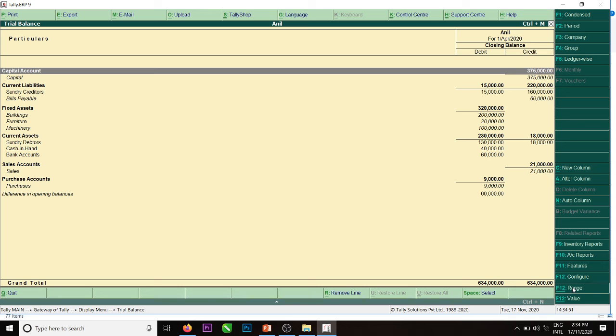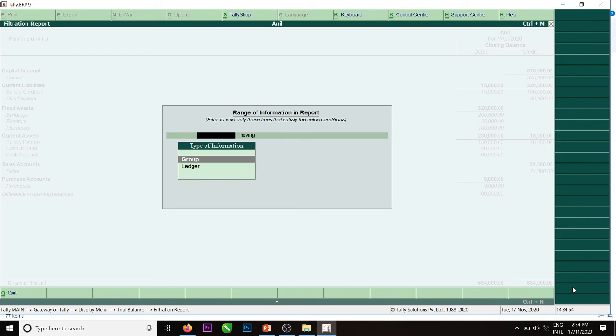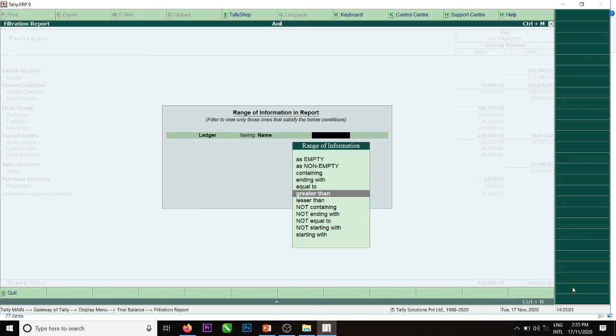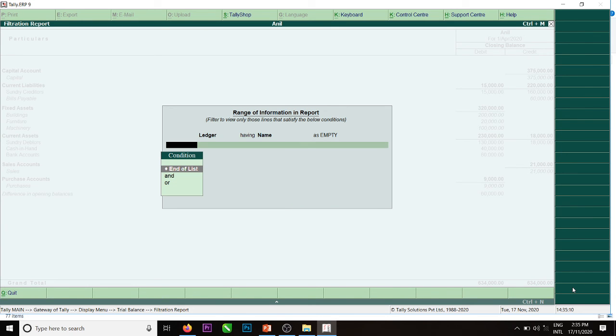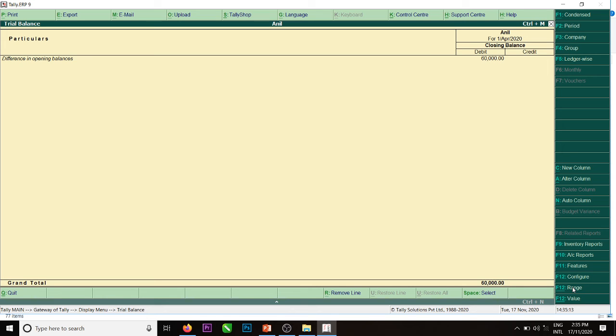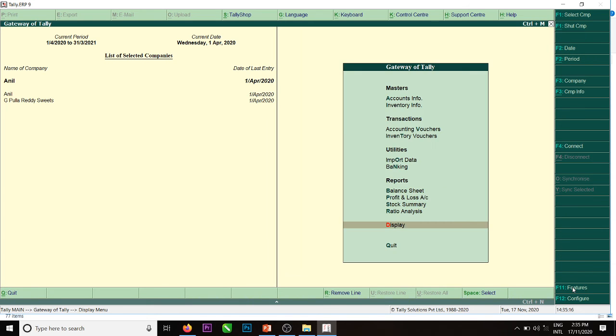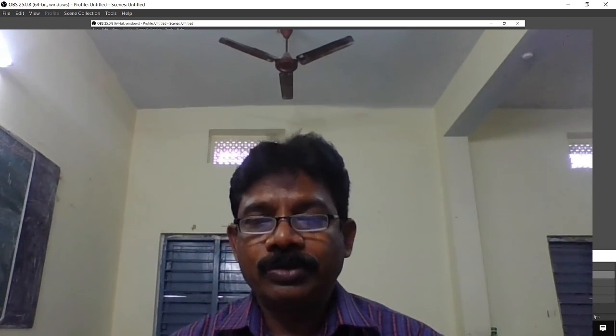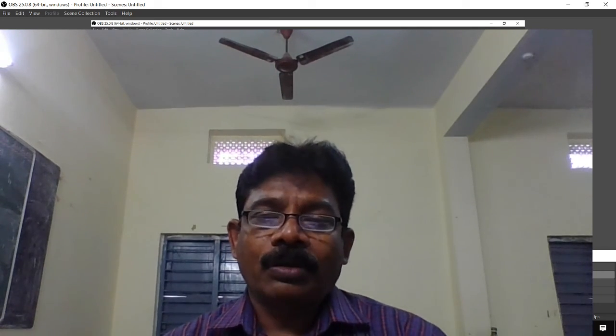Configuration, range from which date to which date. Name. Filtering, that is.